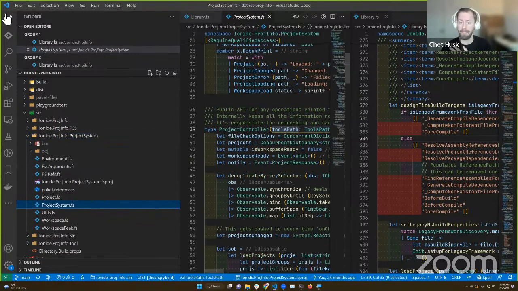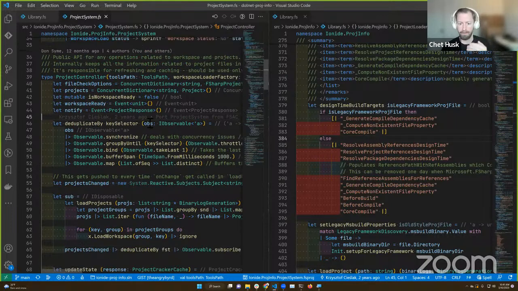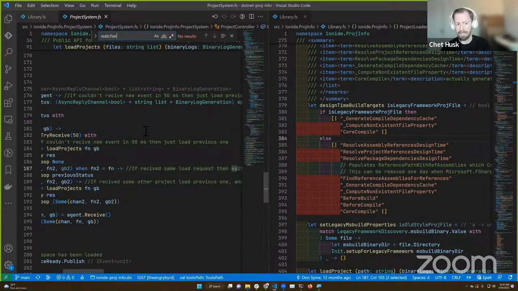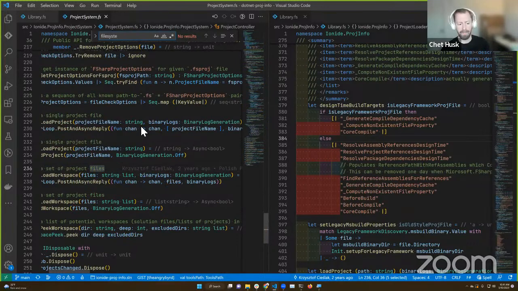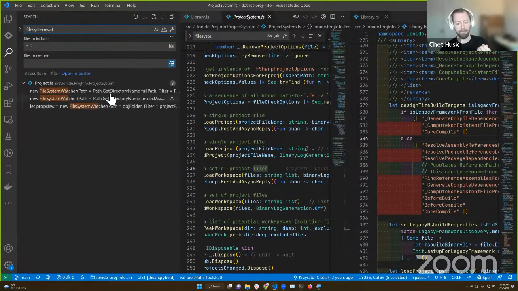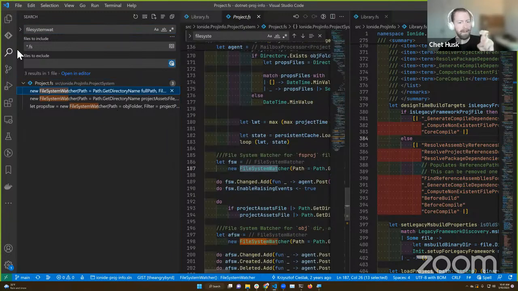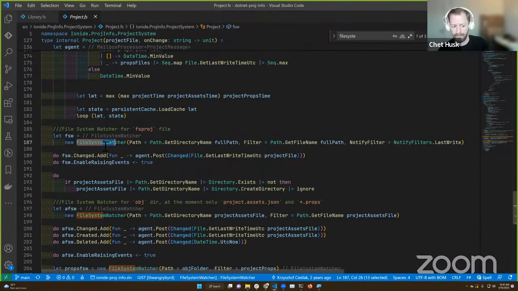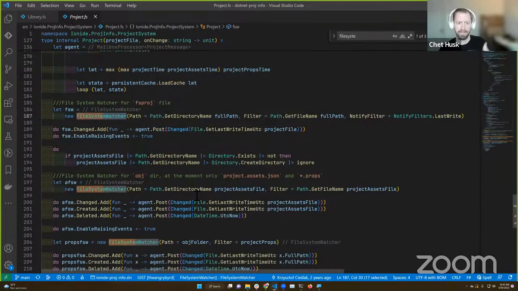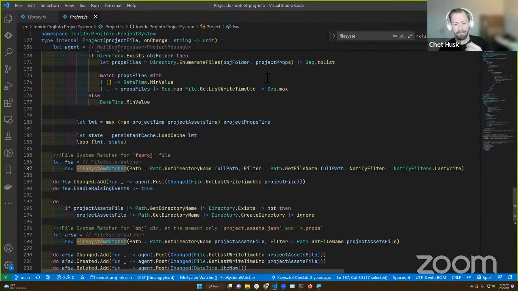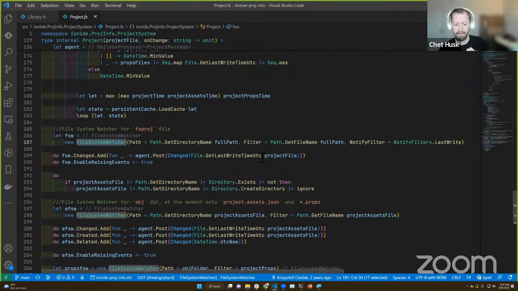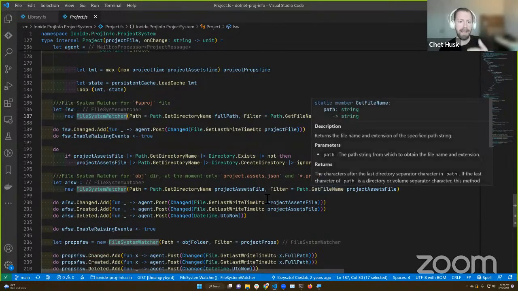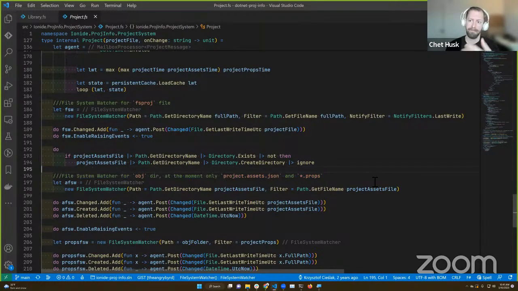There are MSBuild extensibility mechanisms as well, files like Directory.Build.props and Directory.Build.targets, and these can also impact the final model of your project, right? They can set properties, they can add new items, they can take items away. So it's important that we watch a good number of them, so that we have an accurate view of the world, right?